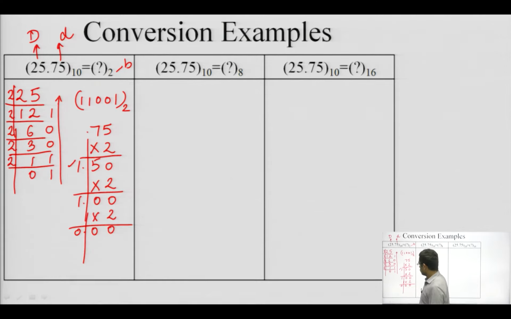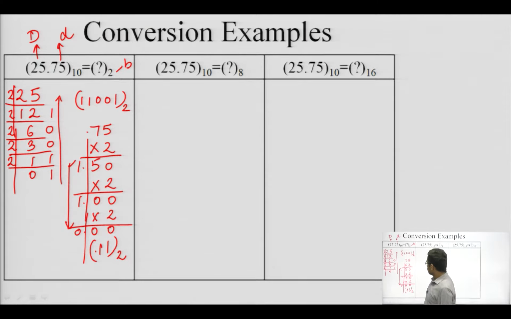So, either we have to reach a stage where all zeros are there, or we can stop at 3 to 4 decimal places if the multiplication is going on continuously. So, now arranging these integer parts in the same order of their generation. For the integer part, we were collecting the remainders in the reverse order, but for the fractional part we are arranging these integer parts of the multiplication results in the same order of the generation, that is 1 1 0. So, this thing becomes 0.11 and this 0 can be written or not be written.